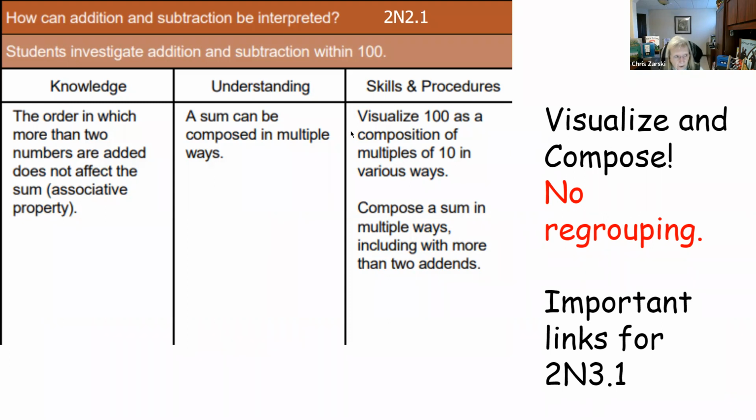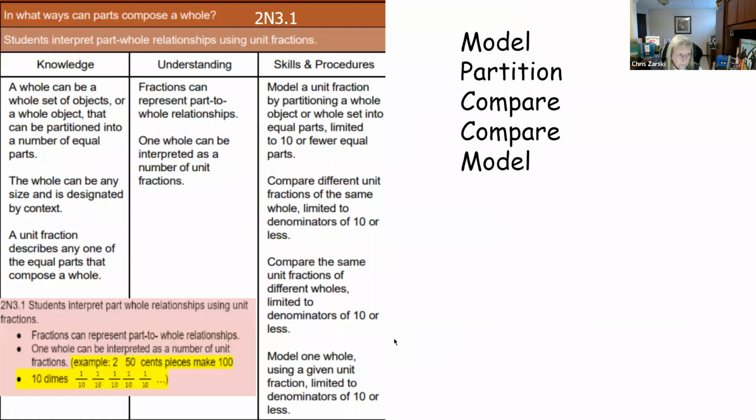So what I see are these 2 skills in here, visualize and compose. And remember, we were just kind of holding off on the regrouping for a little bit. So we could do tons of addition, tons of questions for adding things together, but not for a deliberate regrouping in there. So we'll pick our questions carefully. I want these to be really strong because I'm going to need them for the third number outcome that we're talking about, the 3.1. So let's look at 3.1 again.